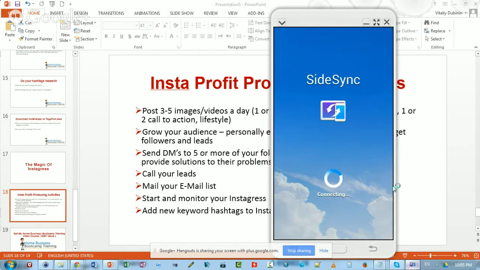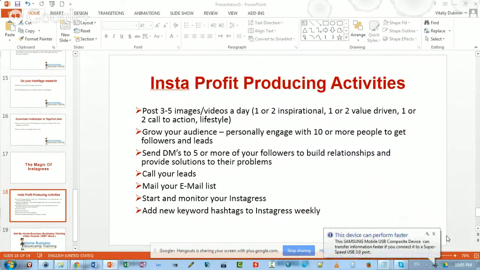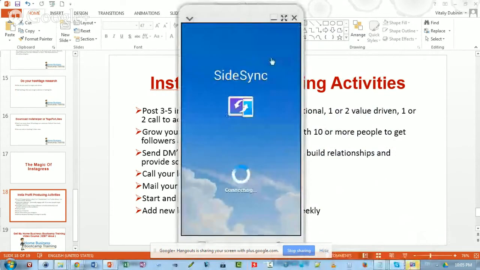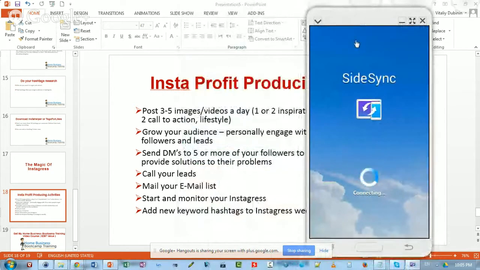One more time, I'm going to try. You cannot say I didn't try. I was trying to show you live and have a demo of how to create content and all sorts of stuff on Instagram from my phone and my apps, which is most important, how to create the content. Let's try it one more time. If the technology will not work, then we'll see what we can do. Maybe we'll reschedule the webinar.